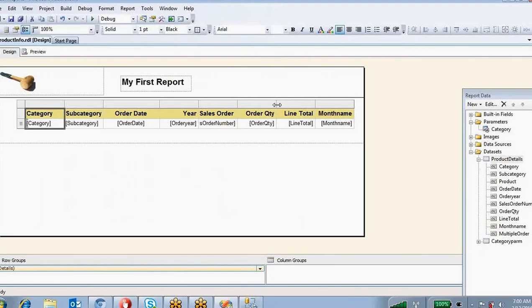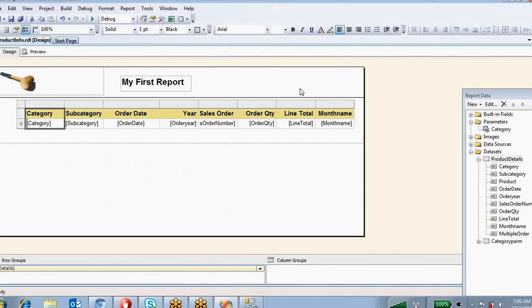This is a very important interview question. What is the difference between report level and query level parameters? Which one is the best option?